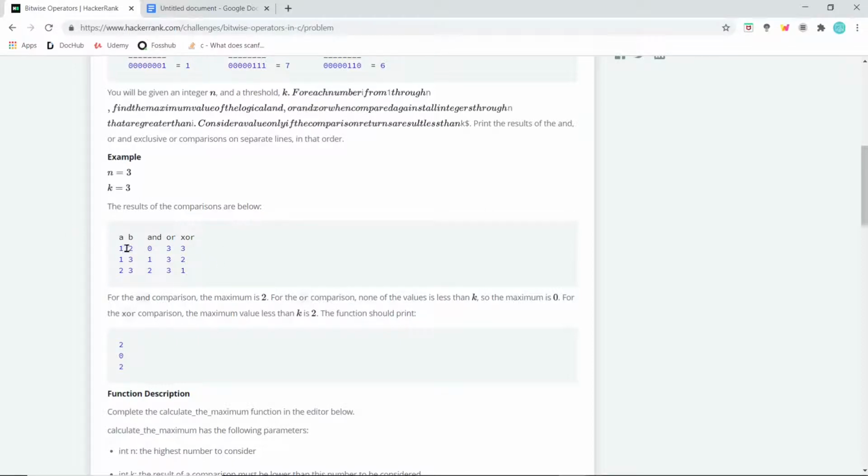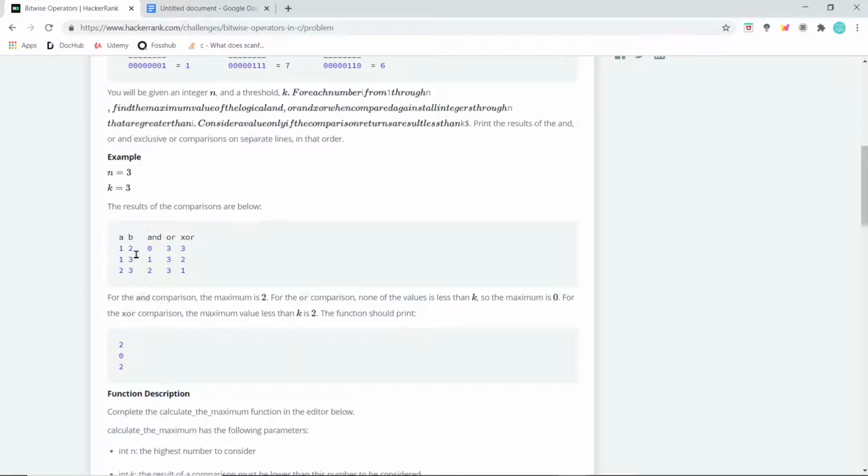Now remember the condition that a should always be less than b. So here we will have three cases, because if a is equal to 1, we can have two possible values, b is equal to 2 and b is equal to 3. It cannot be greater than 3. 3 is the limit, since n is equal to 3, so we only have possibilities up to 3, and a must be less than b. These two possible values are for a is equal to 1, and we have one possible value for a is equal to 2. When a is equal to 2, b can only be 3.